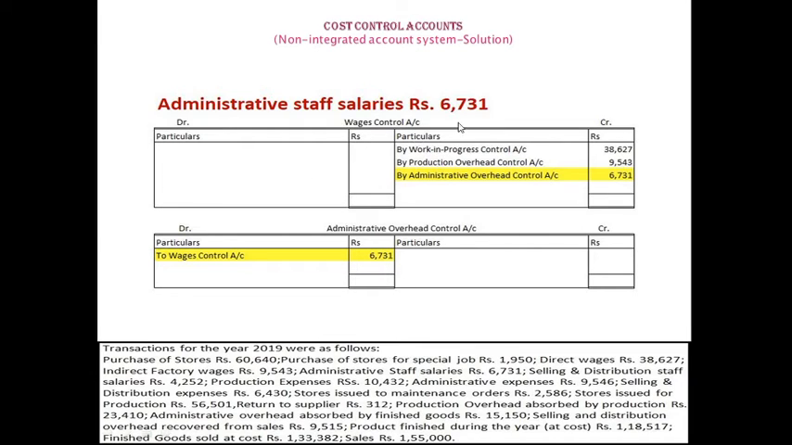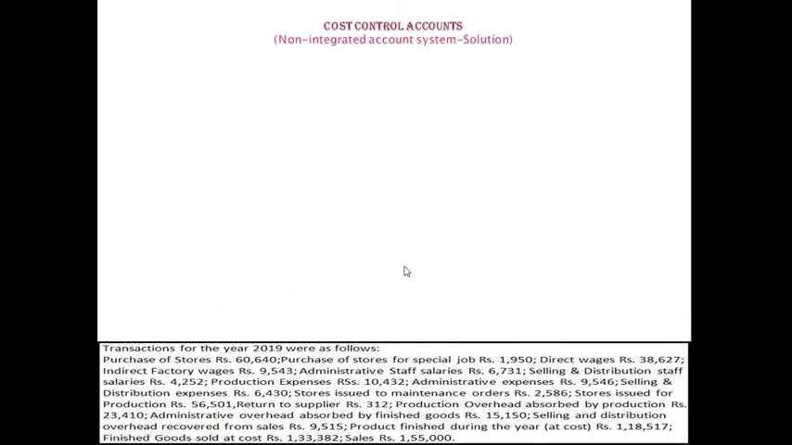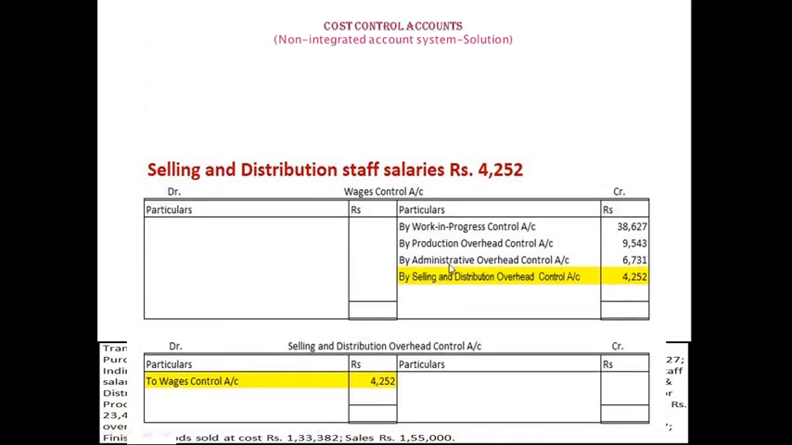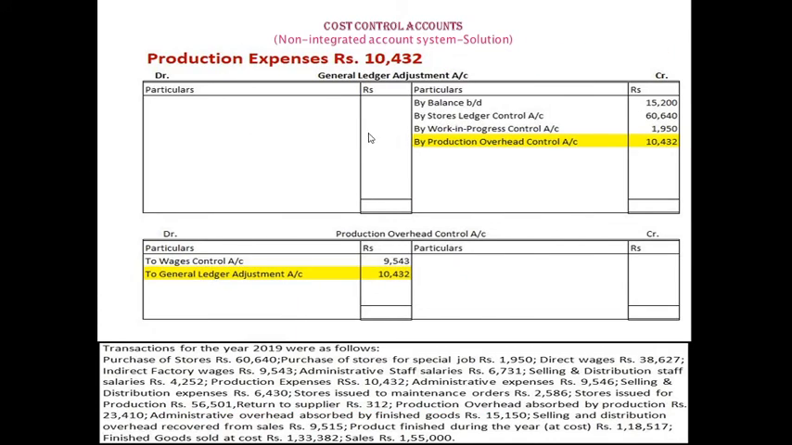Next, administrative staff salaries 6,731. In wages control account, administrative overhead control account 6,731 and administrative overhead control account to wages control account 6,731. Next, selling and distribution staff salaries 4,252. In wages control account, selling and distribution overhead control account 4,252 and selling and distribution overhead control account to wages control account 4,252. Production expenses